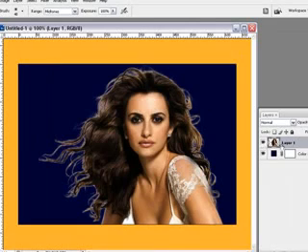Now with the woman layer selected, with the mid-tone selected and exposure at 100%, we're just going to come in here and darken up these edges. Just going to darken them up, try to get rid of some of that white. It didn't delete very well around here, but like I say, I'm just trying to show you how to delete the hair. In fact, I'm going to do some more tutorials on deleting, because it's probably a lot of people